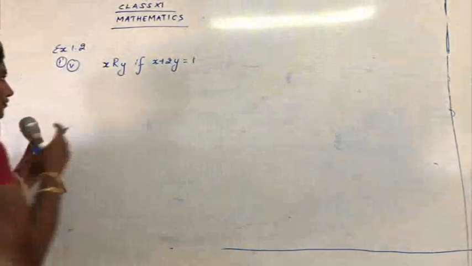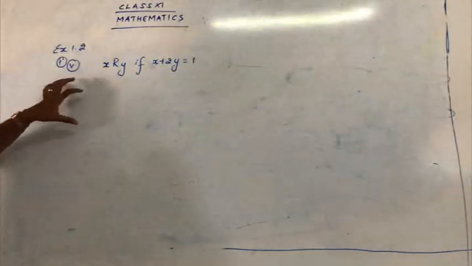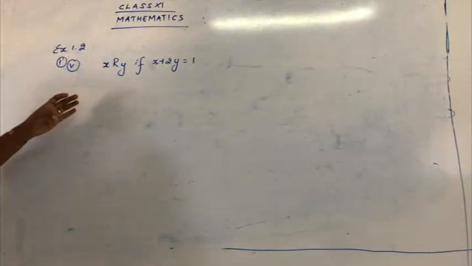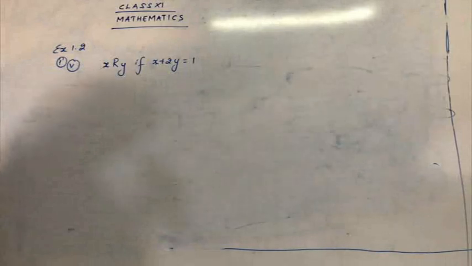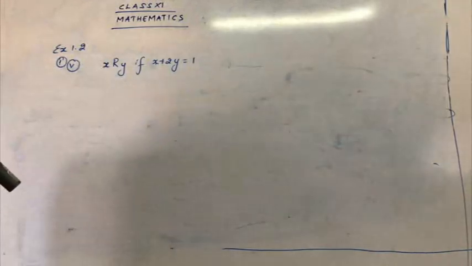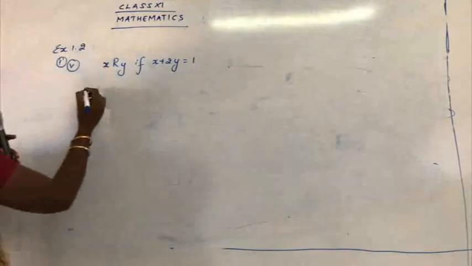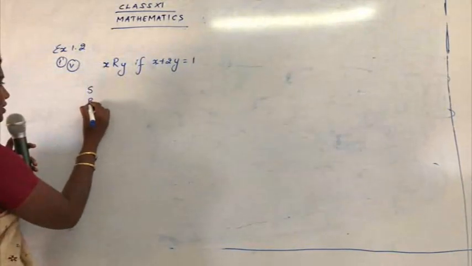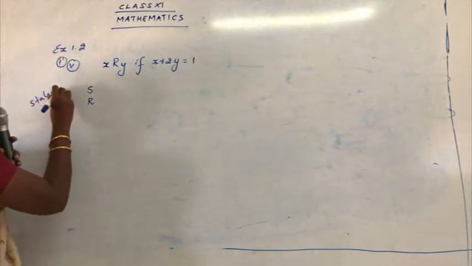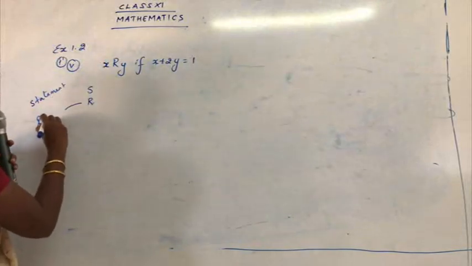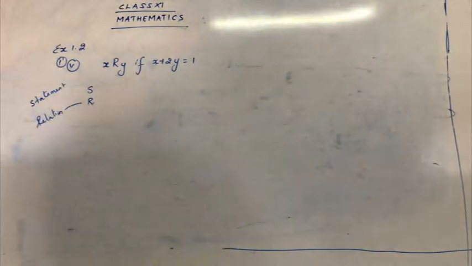Read the question. I have told you that whenever we write the answer for this format, we have to follow a format. For reflexive we have one format, for symmetric we have to follow one format, and for transitive we have to follow one format. So what's the rule for it? For reflexive we say statement and the relation form. Yes or no? S was statement and R is the relation. Okay, now what is the statement? Let us find the statement and the relation from the question itself.